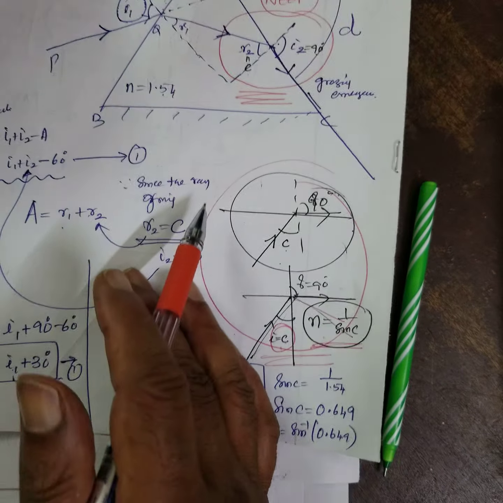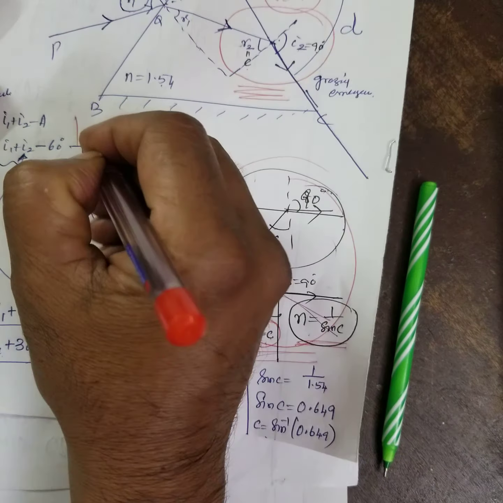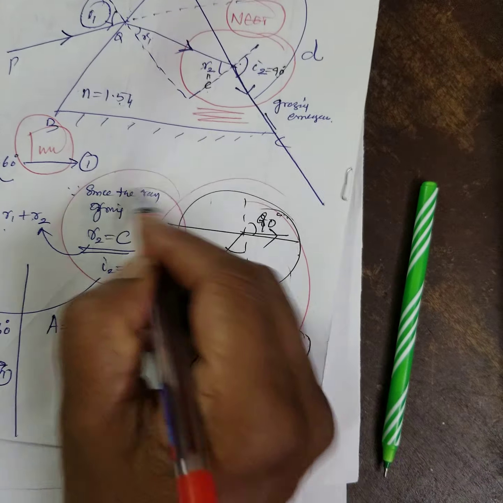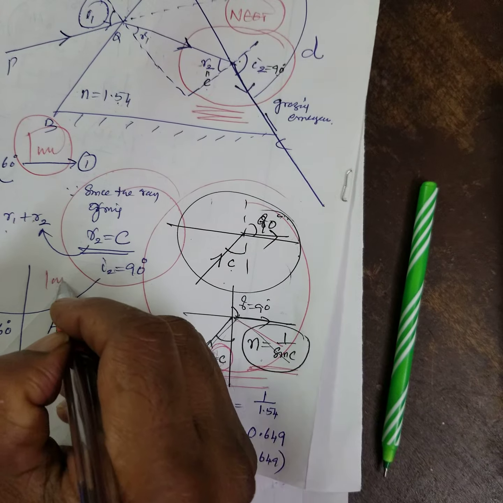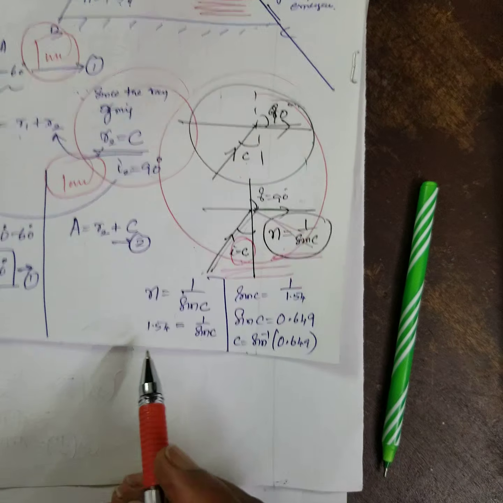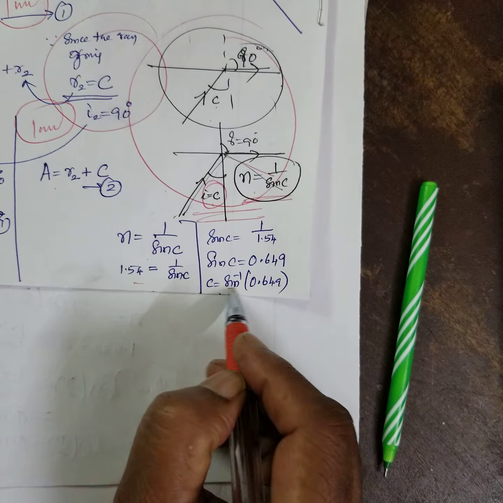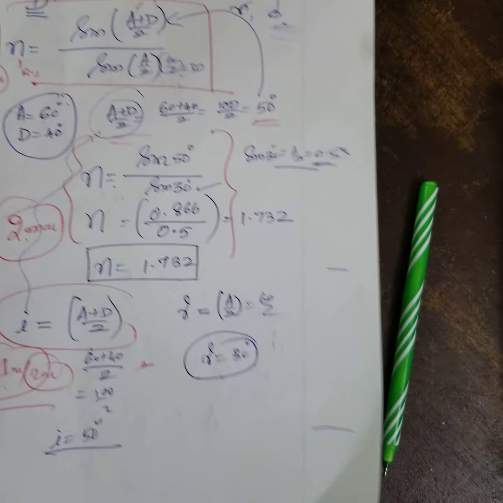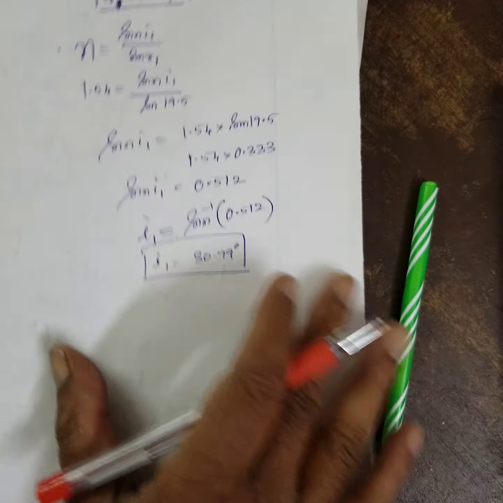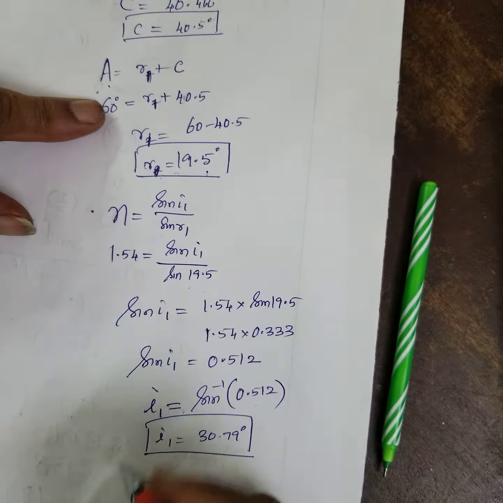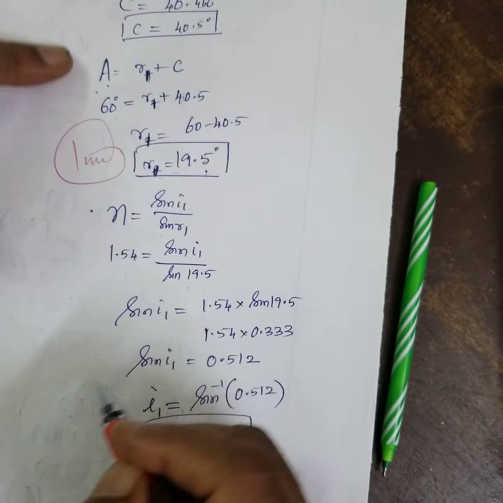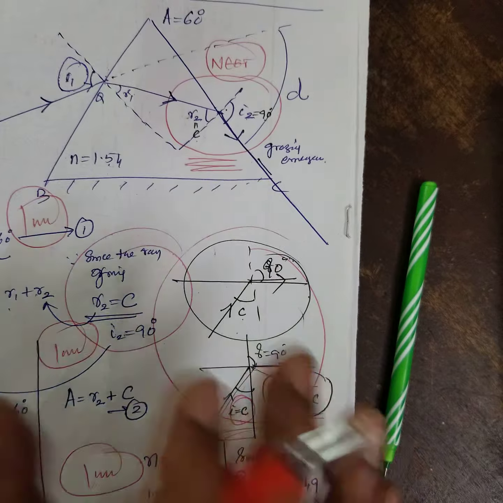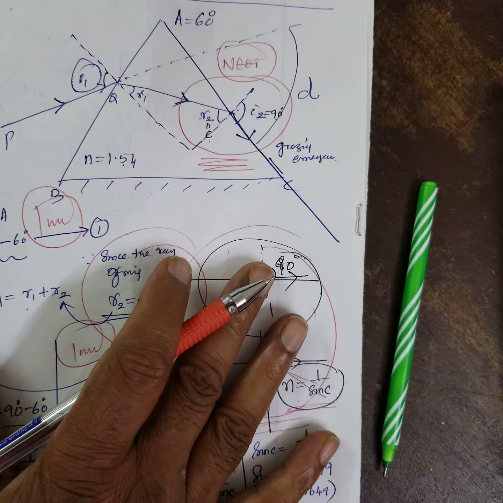How are they going to allot the marks? This is 1 mark, provided you have the diagram. Since it is grazing, if you write this, this is 1 mark. Then calculation of refractive index, this is 1 mark. It is actually worth 5 marks. Then here, this total is 2 marks. This is 1 mark, this is 1 mark. If the exam is very tough, you can slowly sit and do it, right? Okay.